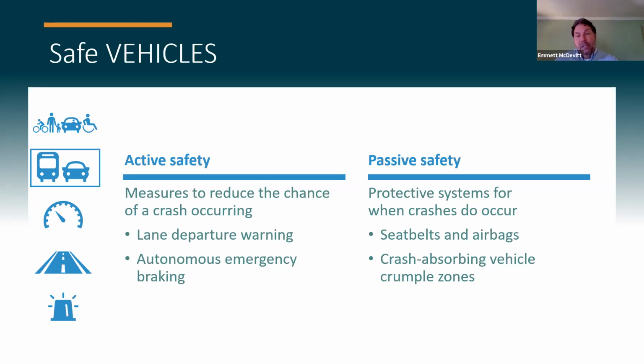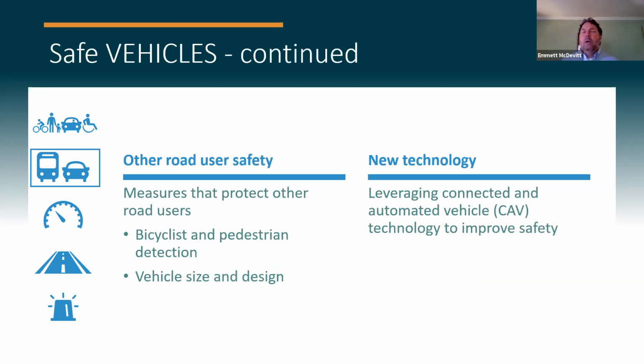My Tundra, actually getting back to the passive safety, my 2013 Tundra, I was really surprised, didn't have any idea, but actually has airbags on the ceiling of the vehicle, has airbags in the A-pillar, has the airbag in the side and in the steering wheel. So again, if you think about me getting in a crash in my Tundra, I'm going to be protected almost all the way around by a bunch of bubbles. And that's what we're talking about in terms of the safe vehicles. They're going to be a very primary player in this